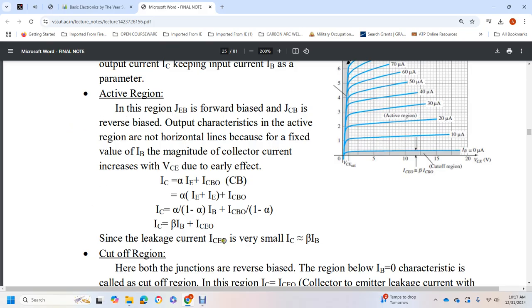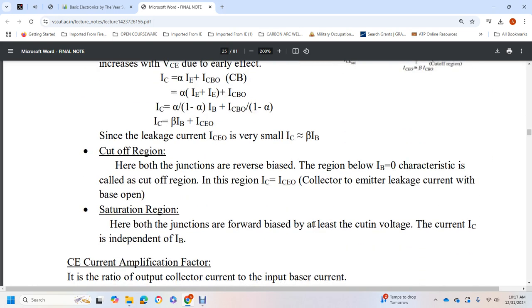Since the leakage current is very small, IC is equal to beta IB bias. Cutoff region. Here both junctions are reverse biased, the region where IB is equal to 0, but will be cut off, the region of the collector current with the collector emitter leakage